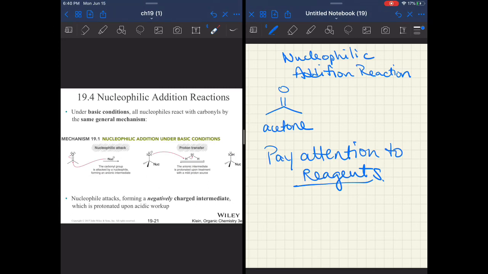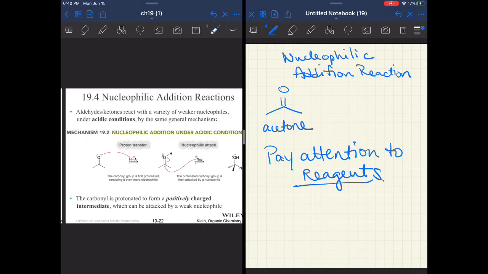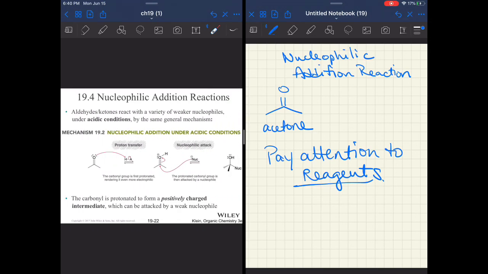A lot of our reagents, if they're not in acid, will require some sort of water or H3O+ workup, because we are going to be making alcohols in some of these reactions. When we are dealing with mechanisms, you may see in the notes, in the slides, in some of my upcoming videos, that when we're dealing with acidic conditions,